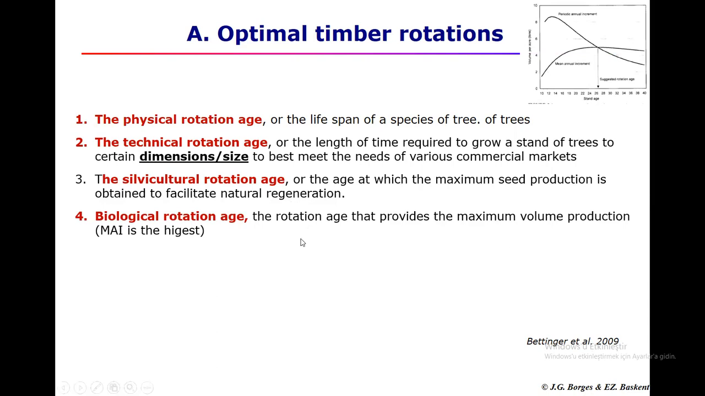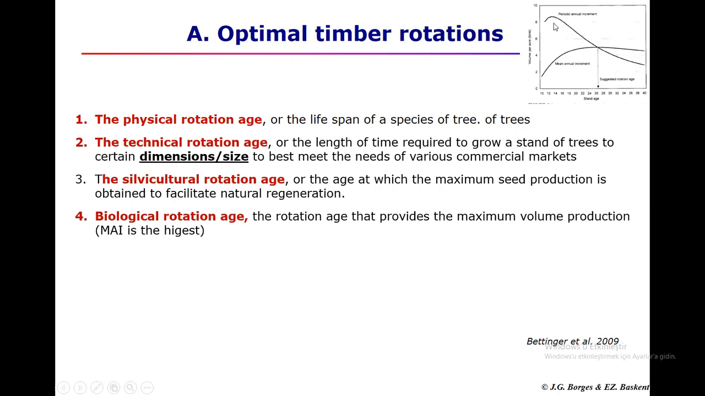Do not confuse it with the physical rotation age. Some researchers call the natural lifespan the biological rotation age. But here, what I call the biological rotation age is the rotation age that provides the maximum volume production. If you look at the figures on the upper right-hand side, the first shows